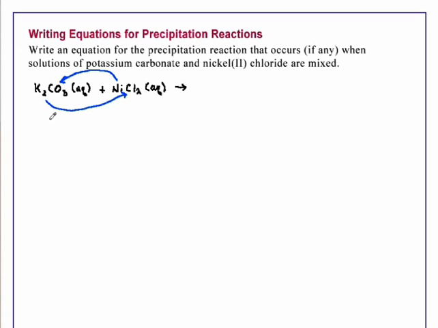The one possible product will be KCl. Potassium is +1, chloride is -1, so the formula is KCl. Nickel(II) carbonate would be NiCO3, because nickel is +2 and carbonate is -2. So these are our possible products,